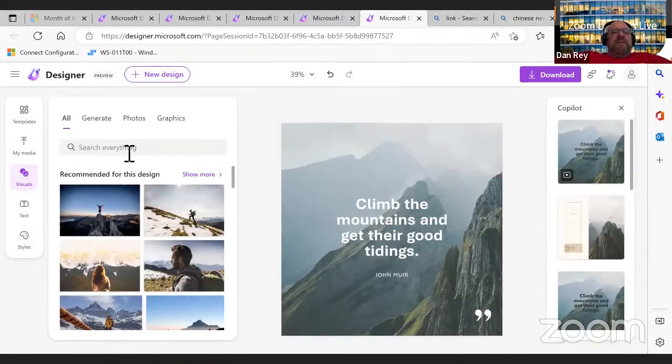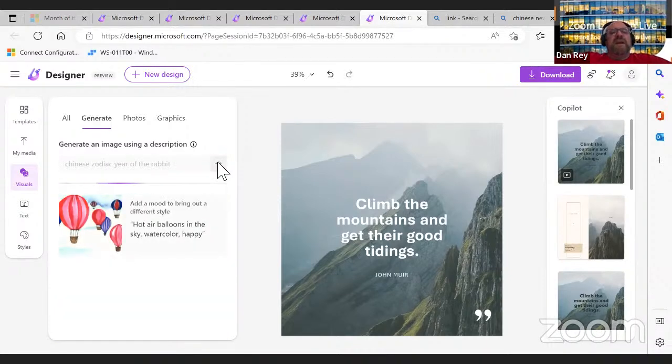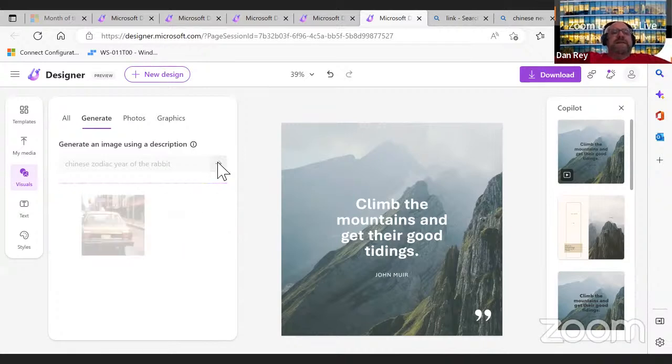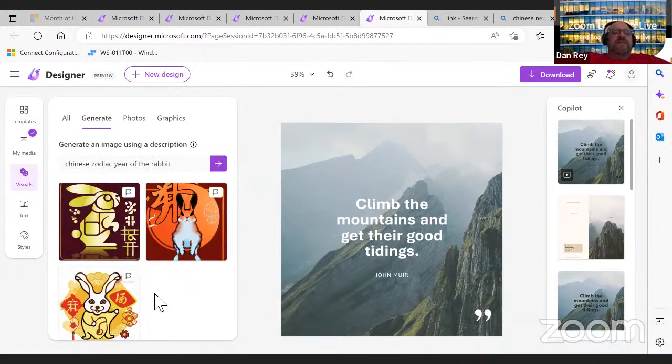So we go in here and we say we're generating Chinese zodiac year of the rabbit, and it's supposed to do an AI generated photo or picture. We could say as a cartoon or other things. You can see here we're getting some characters, but when I've done anything that I'm expecting written, like LinkedIn logo